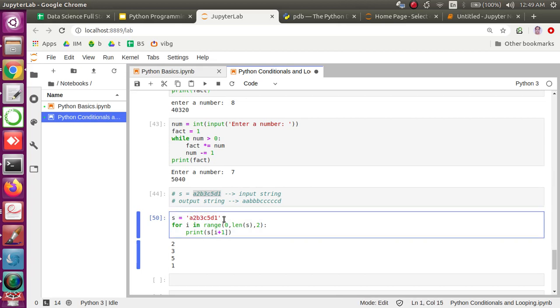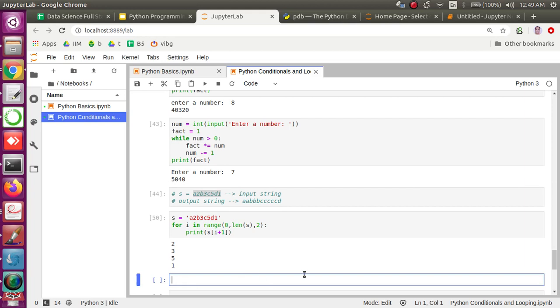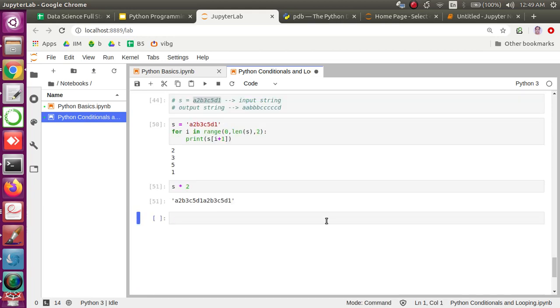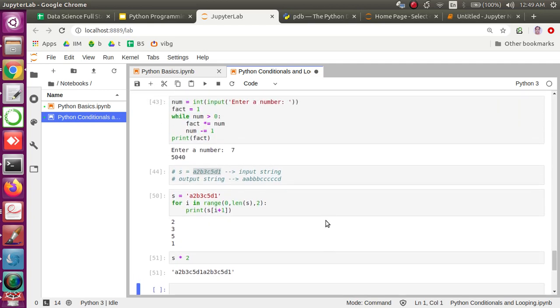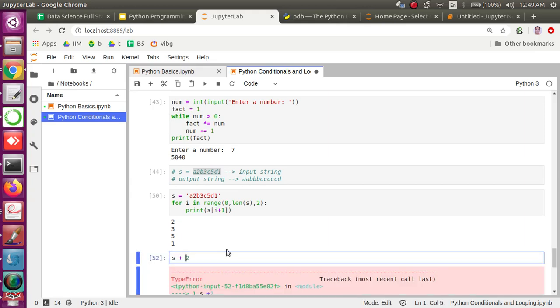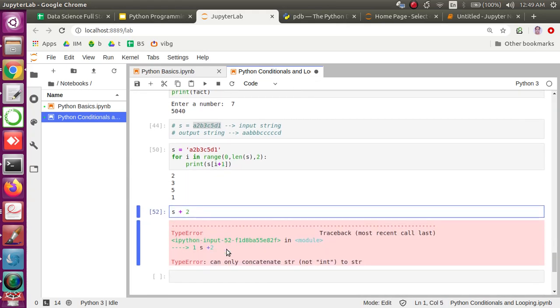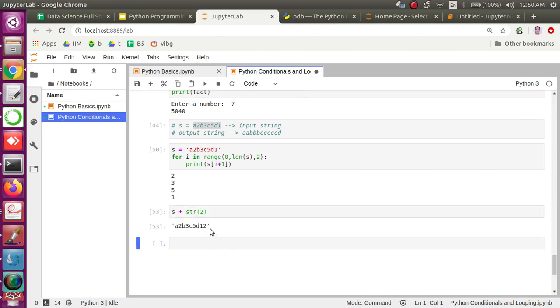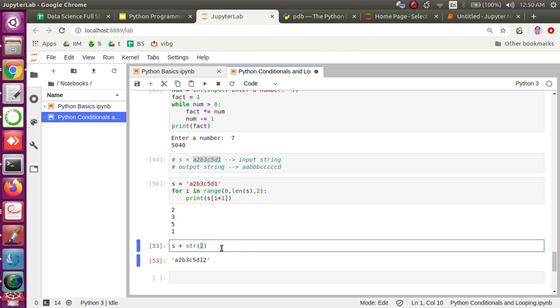So we can think about using this, and maybe if I tell you there is a string and *2, the moment I multiply a string, we have seen earlier in one of the videos that if I use the arithmetic operator plus, that plus won't be working with the string, because it is not the proper operation we are trying here, but we have to convert this into a string to append this 2 to the string, right?